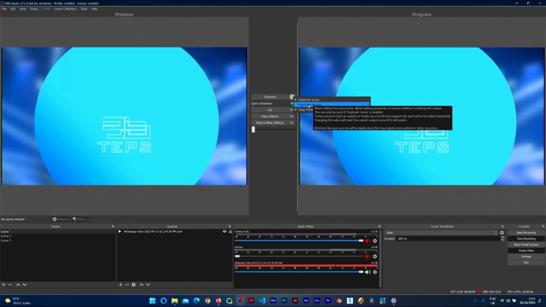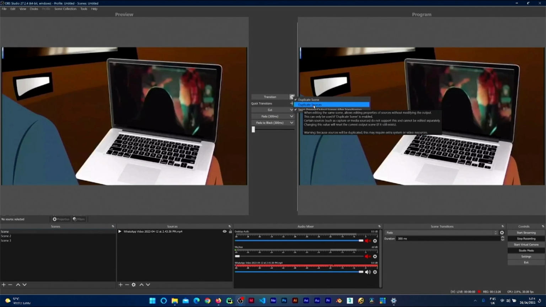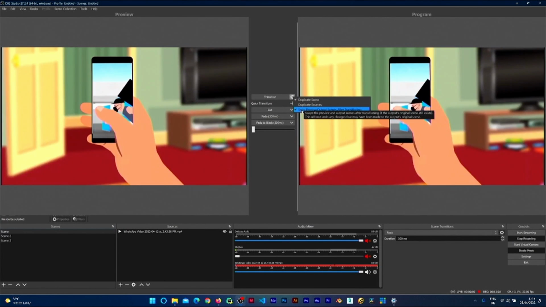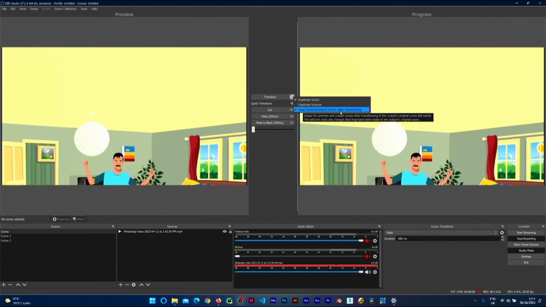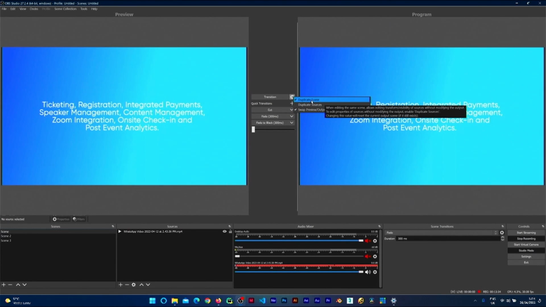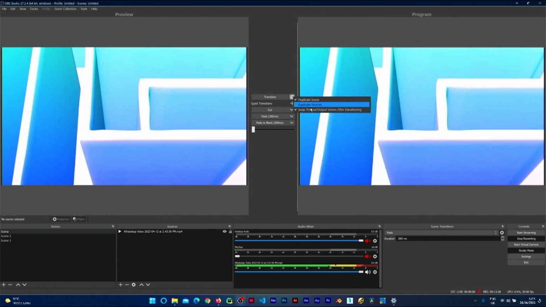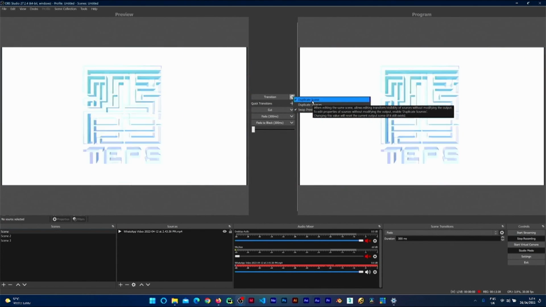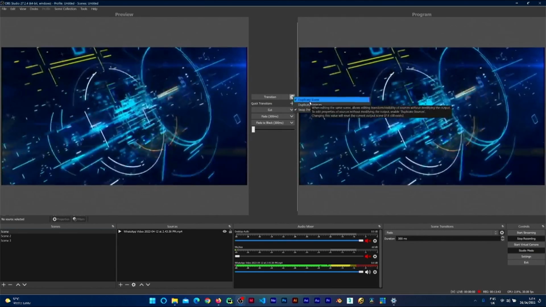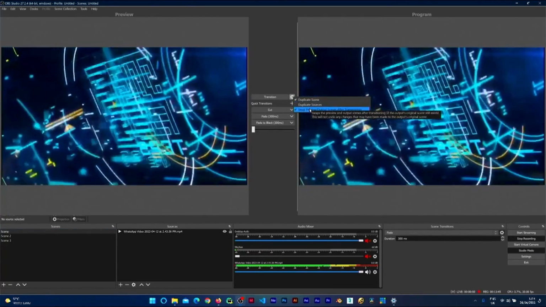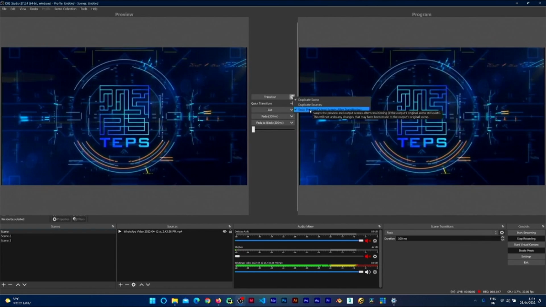That's one thing. You also have other options like duplicate and duplicate sources rather, and your swap preview output scenes after transitioning. You could also just hover your mouse over each of them. This software is so easy to use, and it takes nothing to really start using. Once you hover your mouse on top of each of these options, you should be able to tell what they